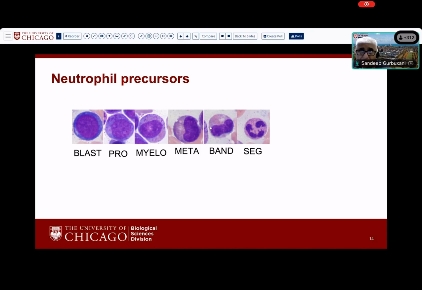And the earliest recognizable neutrophil, or not the earliest recognizable neutrophil, but the form that we sometimes see in the peripheral blood is this band form, which has this band-like nucleus, and eventually the nucleus starts segmenting into lobes, and the predominant population of neutrophils in the peripheral blood are these segmented neutrophils. Again, I've taken these individual snapshots and laid them out in this. You will never see them looking like this in a bone marrow aspirate, and what you are more likely to